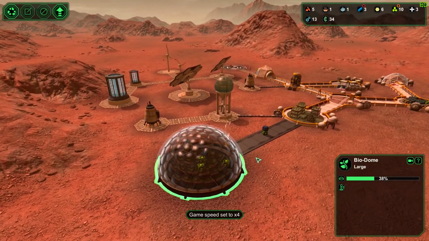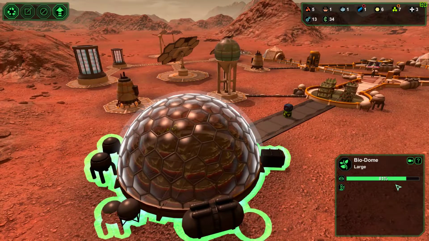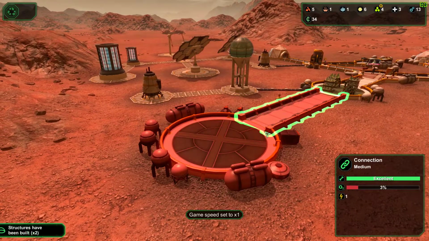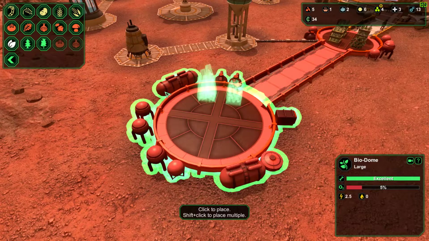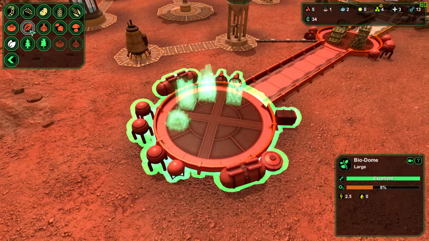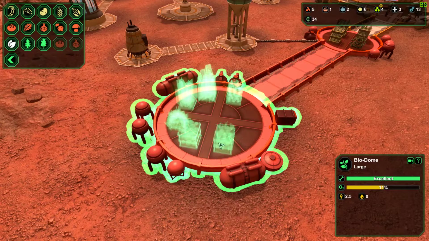Alright, so here's our new biodome going on. Finally, let's speed up time. 80 and 100. Perfect. Now build that connection. Done. Alright. So we do need to do a new medicinal pod. But then, tell you what, let's do some wheat. Let's do some corn, because we need to vary their diets. Let's do some peas. And then let's do some lettuce. Let's do some onions. Some radishes. And I still have room for 4 more